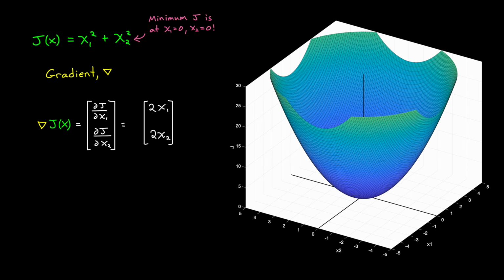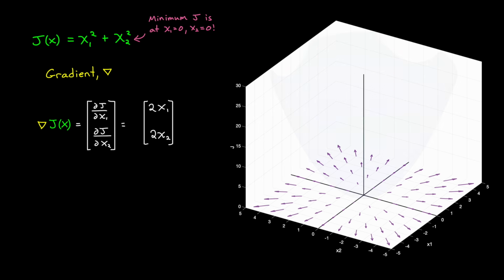So really, the gradient returns a vector field that denotes the direction and the magnitude of the steepest slope for every possible x combination. And for our bowl-shaped function, the gradient looks like this. There is 0 slope at the very bottom of the bowl, and then it gradually becomes steeper as we move towards the edge in all directions. And this is the basis of all optimization problems.